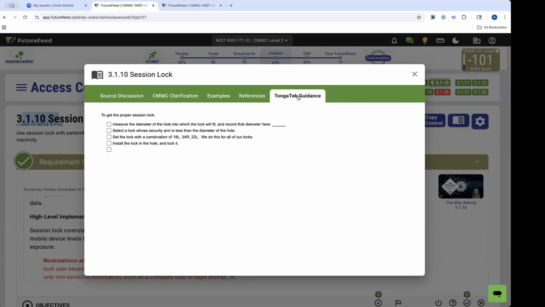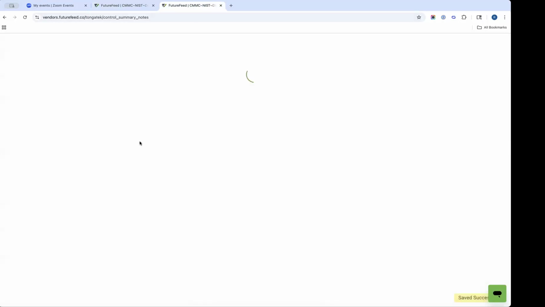So your company name would be here. It's your company's specific guidance for this requirement. And so whatever you want to communicate to your clients about the requirements, or maybe about how you typically help them get implemented, or how it is typically implemented, you can put that here, and that's controlled here. So you can edit,